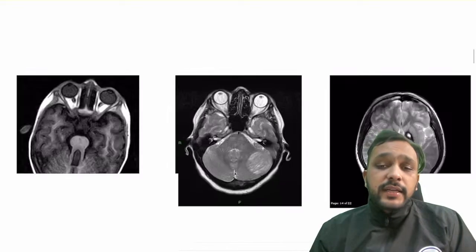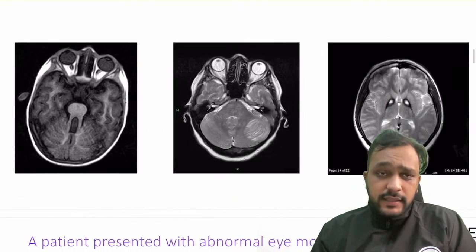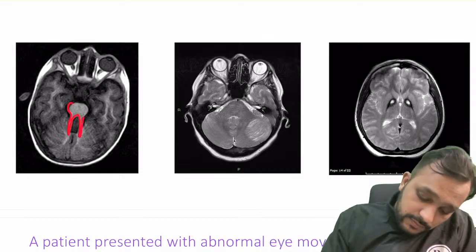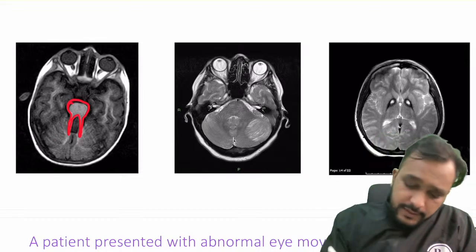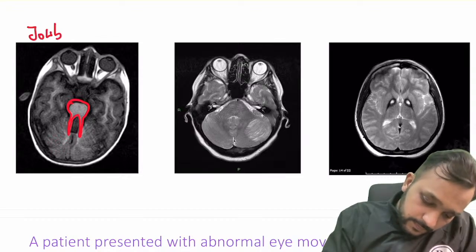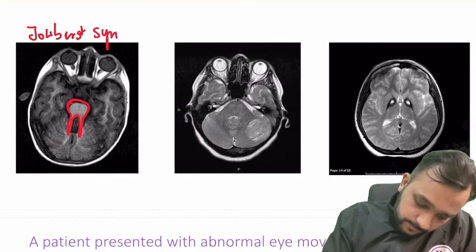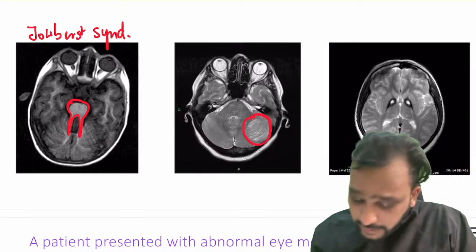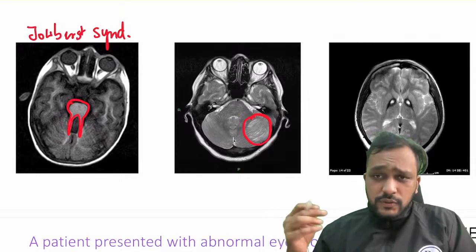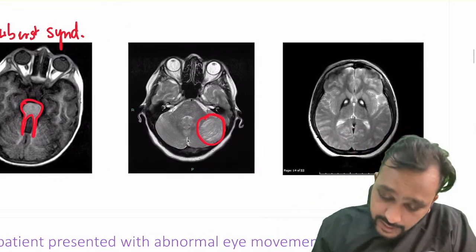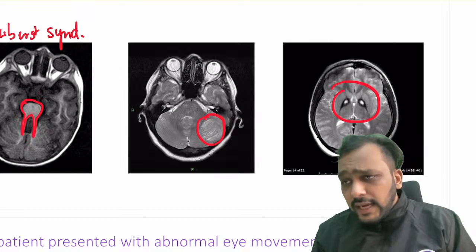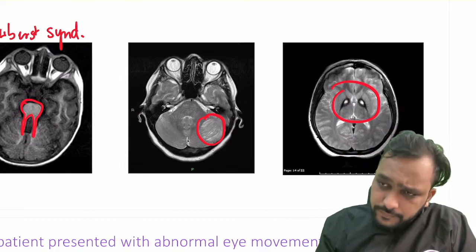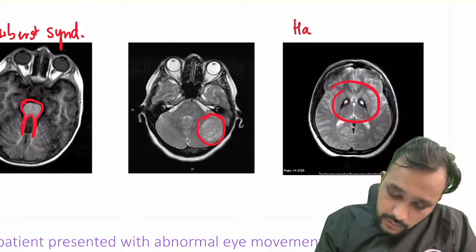Now, another very important named sign as far as CNS radiology is concerned. So this is the molar tooth appearance seen in Joubert syndrome. Then you have the stigroid appearance of the cerebellum, right? It is seen in Lhermitte-Duclos syndrome. And then you have the eye of the tiger sign. That is seen in Hallervorden-Spatz's